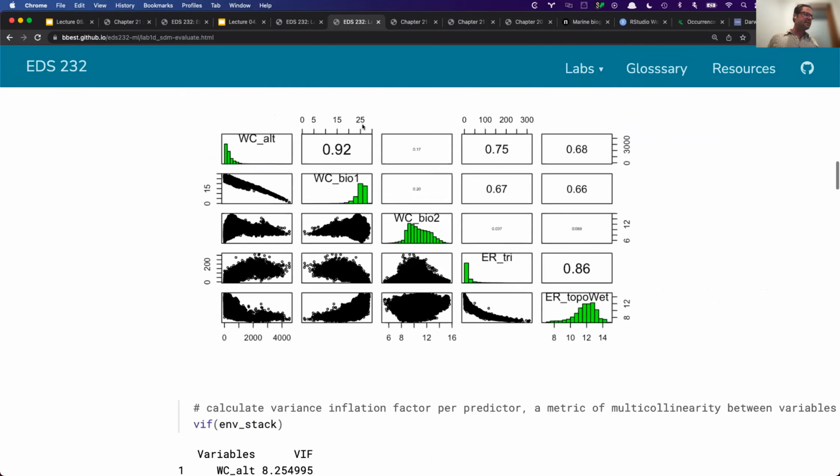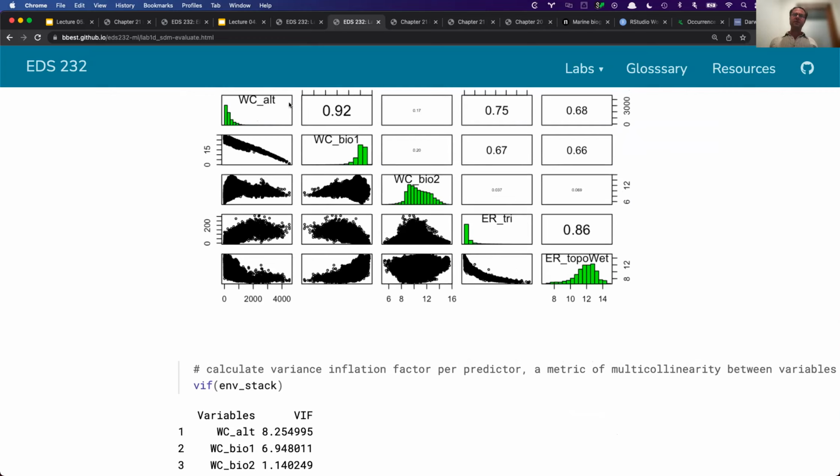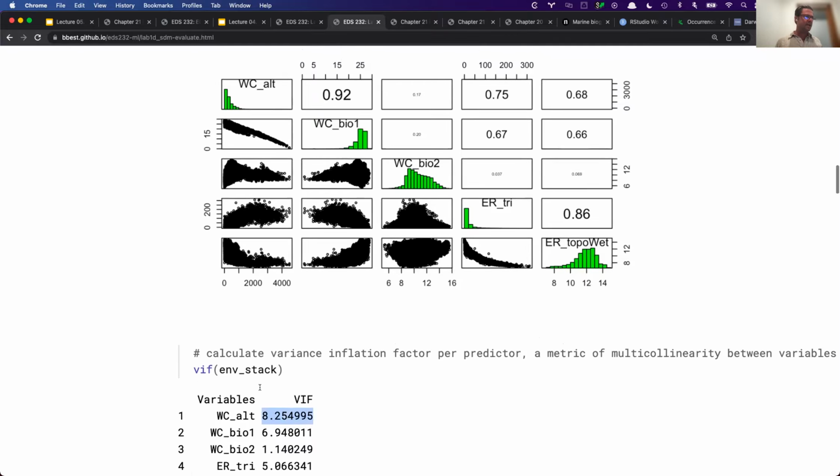So let's say, and this is what we discussed during office hours, if altitude is really important based on the literature and how you might want to conduct field surveys and survey design, then maybe you keep that one in, even though it's the most autocorrelated according to the VIF value being the highest with all the other variables, and it has the highest correlation coefficient. So maybe we drop bio1. When you're doing the model selection, you can also be explicit about the variables you want to keep in,